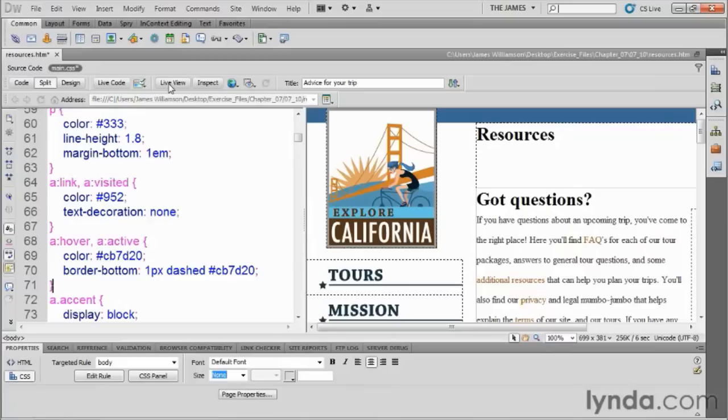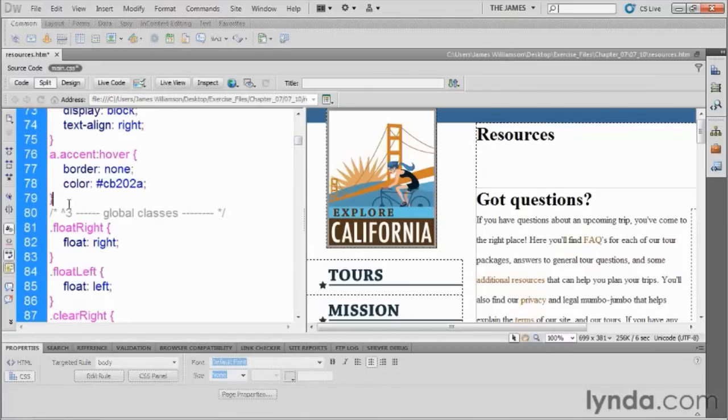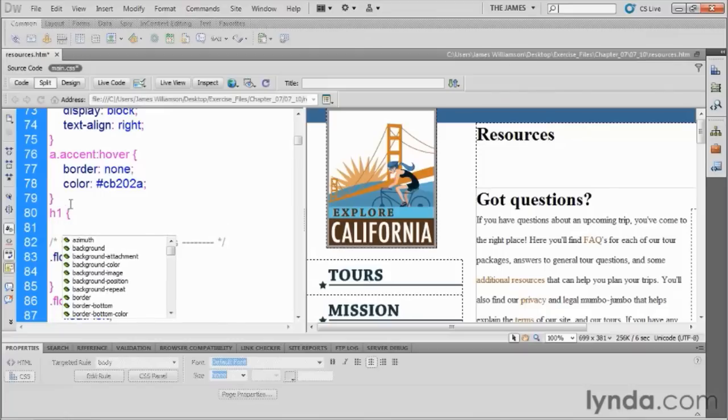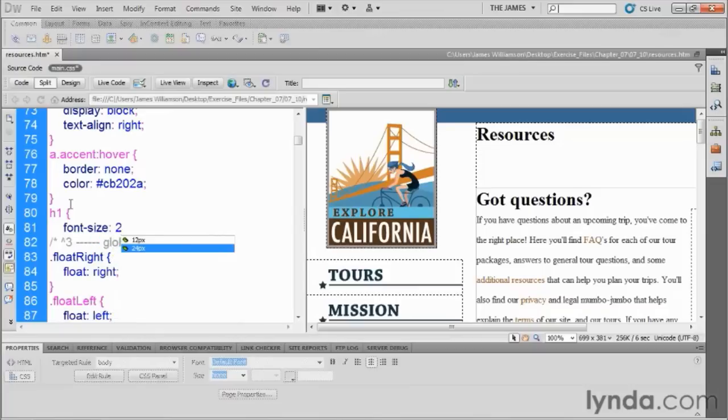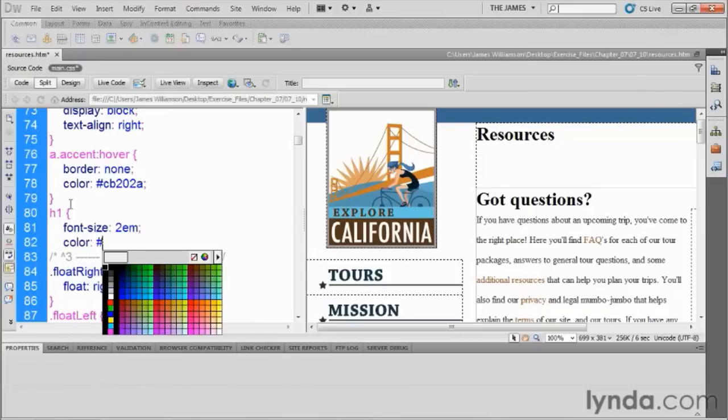And let's finish up by doing our headings. So I'm going to scroll down in our code a little bit, just underneath all of our accents and things like that, to about line 79. And then I'm going to create an empty line here that I can create my first heading. So here I'm going to do H1, so a big global element selector. Open up your curly brace, and after that I'm going to choose font-size, so font-size of 2 ems. Hit return, and I'm going to do color, pound